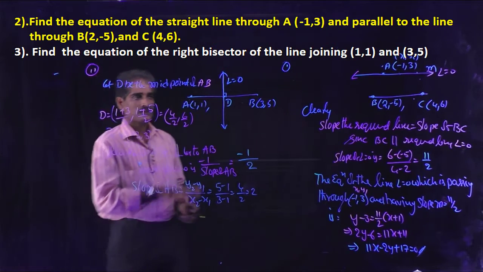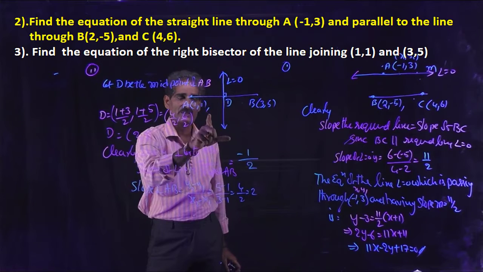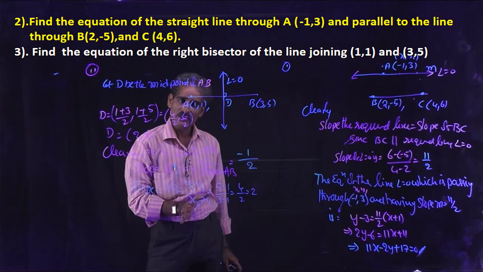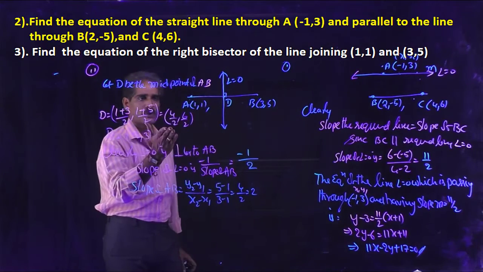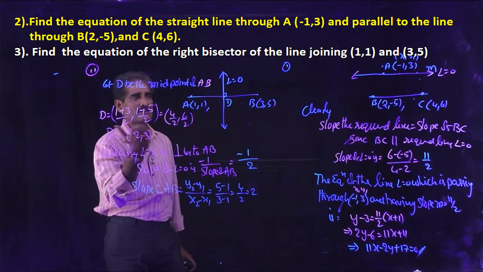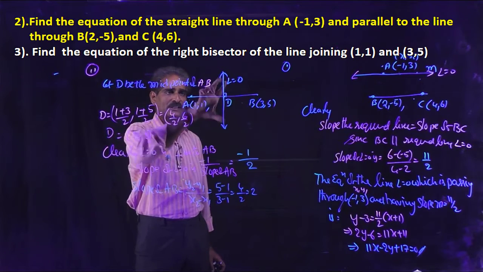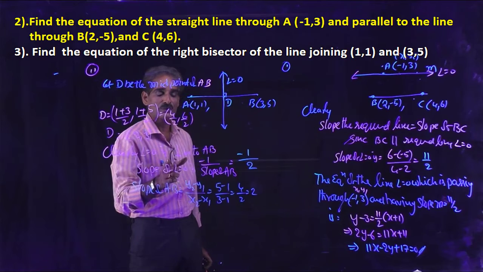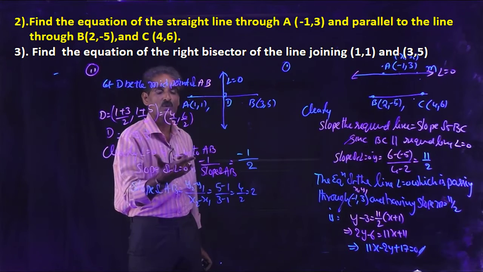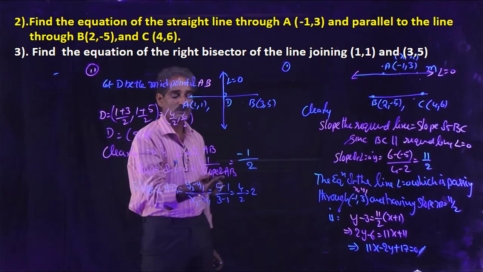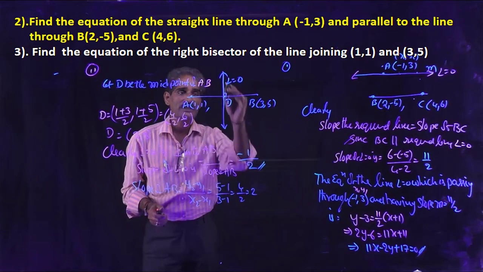Understand? Here you have to find this line. This is the right bisector of AB. That means it is perpendicular to AB and passing through the midpoint of AB. These are the coordinates of the midpoint of AB. Here let it be D. Now we have to find the slope of L. This line is perpendicular to AB. Slope of L equals 0 is minus 1 by slope of AB because these two are perpendicular. Slope of AB is 2, so this is the slope of the required line.